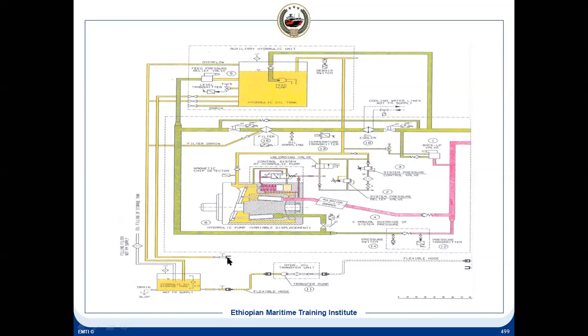It means these two connections we can connect here, one connection. With the flexible hose we can connect, and then we can supply to the tank. So the tank level we can increase by replenishing the oil, and it will take suction from here. This is the storage tank. So from here you can fill it up here. And for the bunker, you can fill it through the filter. Through the filter, it will be filled in the tank.